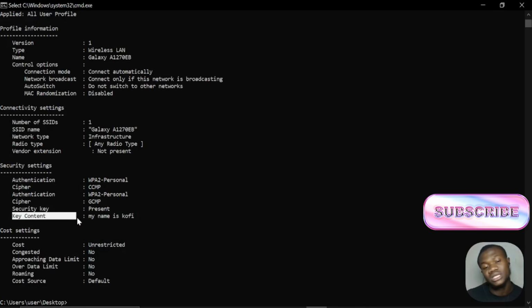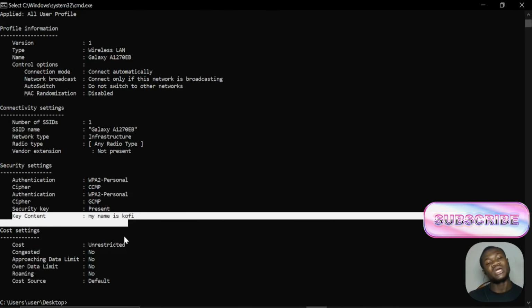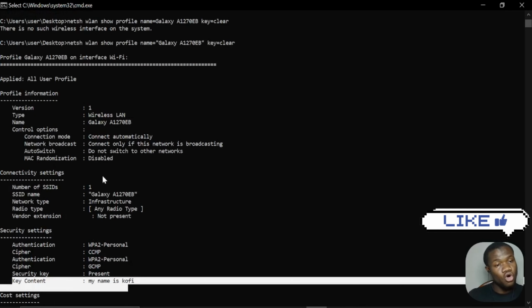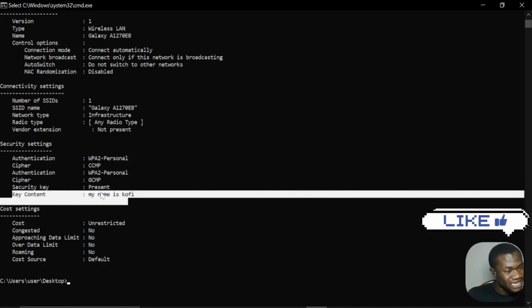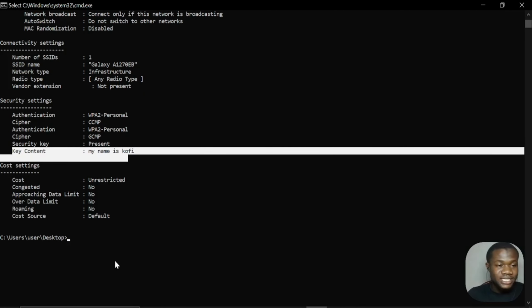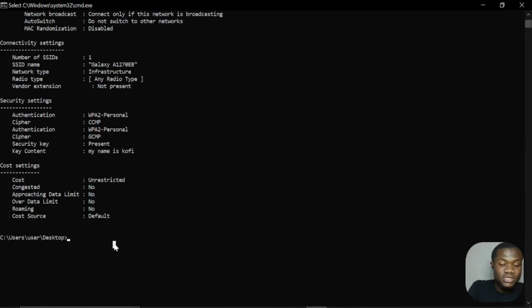It is the key content that is the password, but you can see that it has retrieved all the information under this device. So let's get only the key content. For you to find the key content, you type the same command as previous. So you say netsh wlan show profile name, and hit enter, you say key to be clear, and then we'll find strings, then you specify